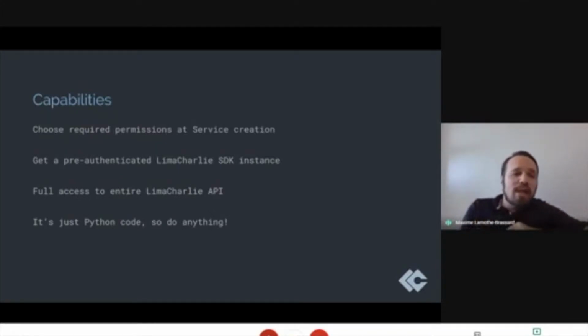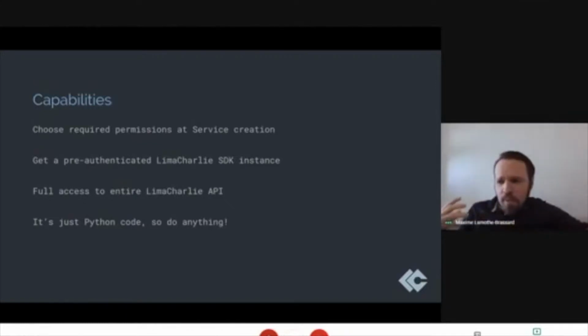Not only that, but we also simplified managing the credentials for all of this. So you don't need to manage credentials for all the organizations that subscribe to you. Instead, what happens is that your service, when it gets notified of those various inputs, receives, at the low level, a JWT, an authentication token with that specific permission set for that specific organization.